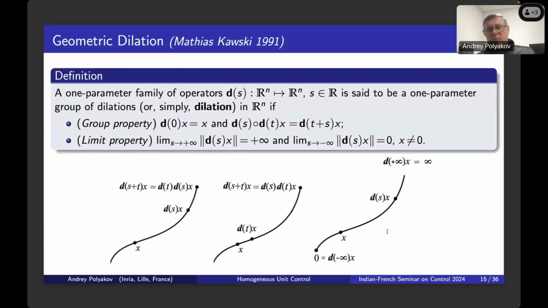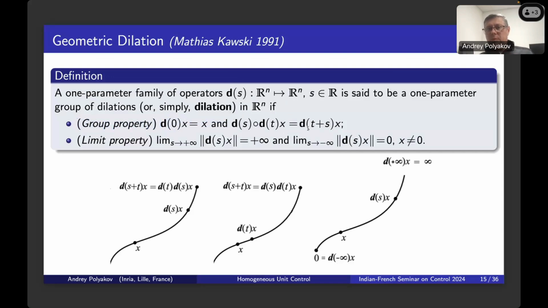One more generalization of the dilation operation was presented by Matthias Kawski. He suggested to consider as a dilation for the finite-dimensional Euclidean space the family of operations which satisfy the following two properties: the group property and the limit property. So the family of operations D is a dilation if we have the following property for these operations. These are just mappings. The composition of two mappings is equivalent to